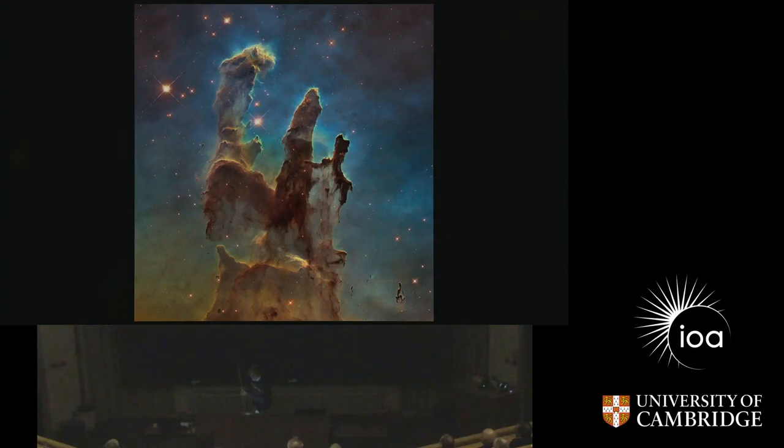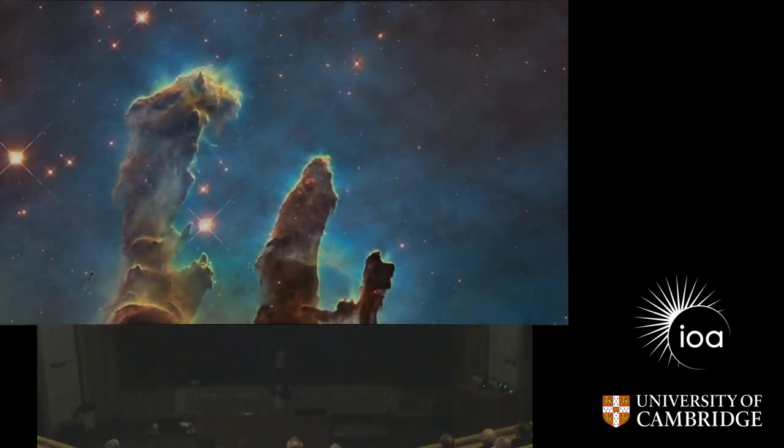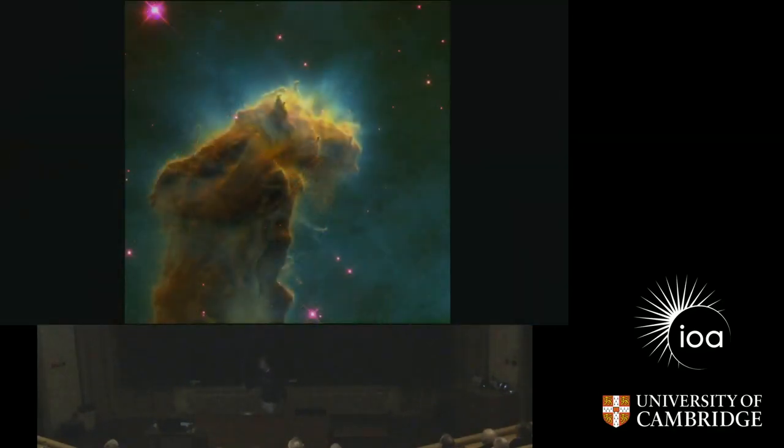Now, I don't like the word pillar. Pillar implies something that stands foursquare on the ground. There is no up or down in this diagram here. This thing is self-gravitating. It is drawing together under its own gravity. And as it draws together, it is being eroded by the intense ultraviolet light coming from these newborn stars that are effectively ionizing, if you like, evaporating this feature, and you see these hazy streams of material streaming away from this object. This thing is about a light year long, and if we zoom in on the top here,